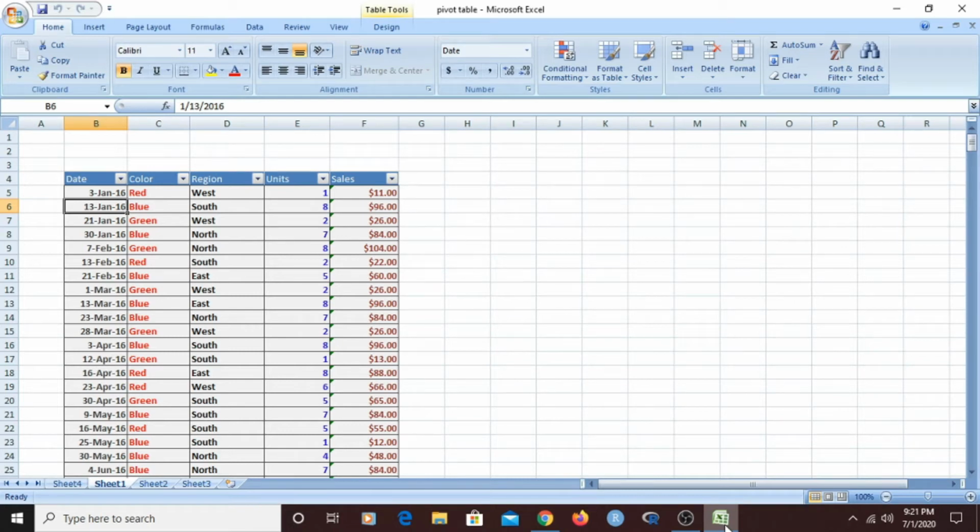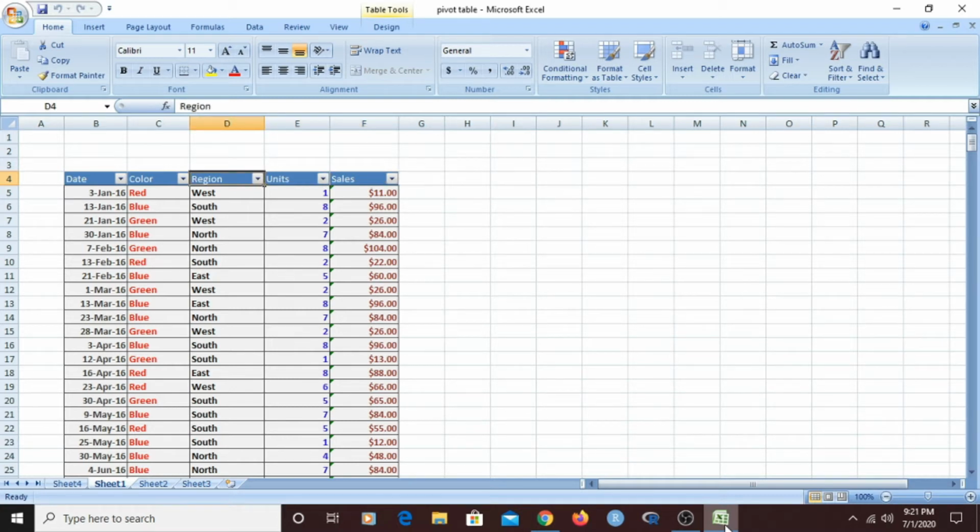Today I'll be teaching you how to create a pivot table briefly. In the previous lecture I told you a glimpse of that. So to understand pivot tables more, you need to work with them yourself. The sample data here contains 452 records with 5 fields, that is date, color, units and sales. We also got region here.